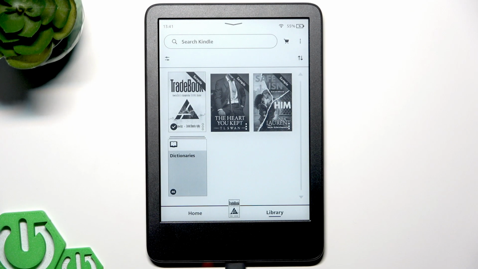The EasyReach is the system that turns pages on your Kindle 11, and unfortunately we cannot customize it on this device. We cannot customize page turning, we cannot customize tap zones, but we can fortunately adjust the page turning by changing the